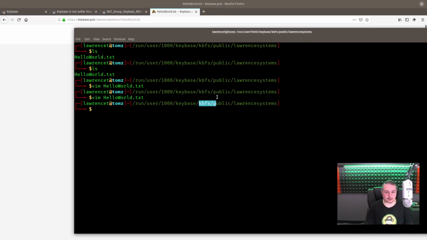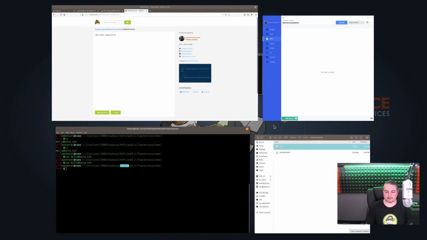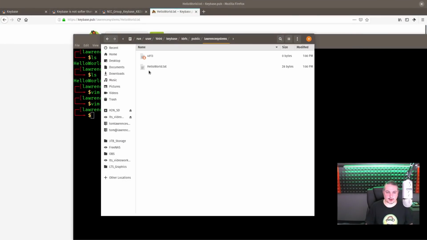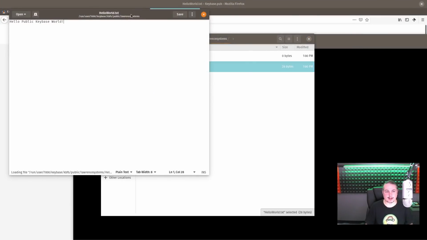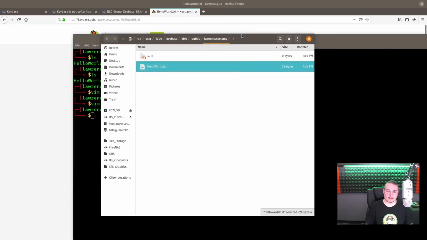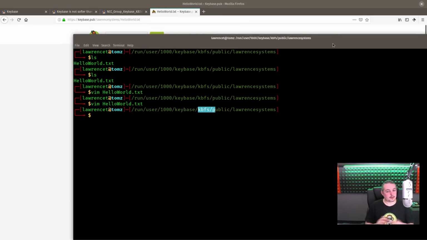I like doing it from the command line, but yes, I could do this from other methodologies, such as opening up in whatever tool you're using for the file manager, as shown here. So here's the same hello world text, and I can save it through this. So that's how it handles some of the file system. But let's talk about